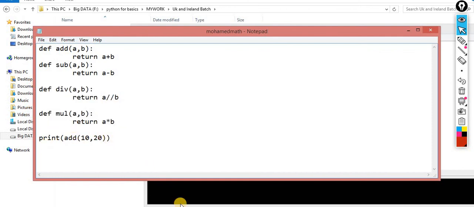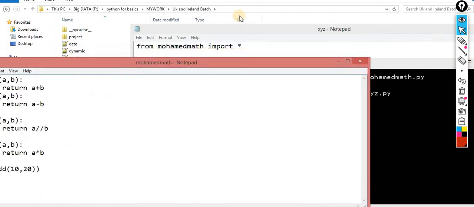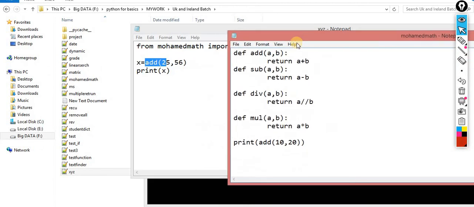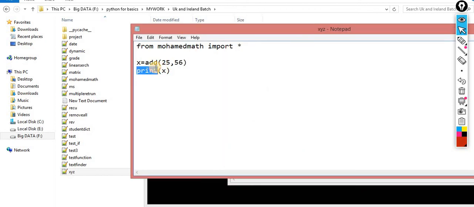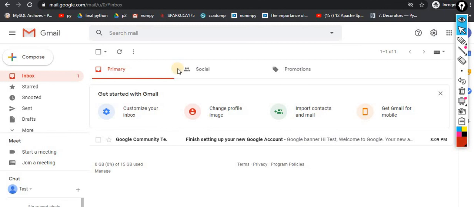It is first executed. Again, in this file, I call this function and I executed specifically this function. Now this time it's giving me this result as well as this result. Now I think the picture is clear. If you have any doubt till now, please let me know, because the next concept is resolving this problem. First you have to understand the problem, then I will tell you how we can resolve it. So anyone having any question till now, please ask me.